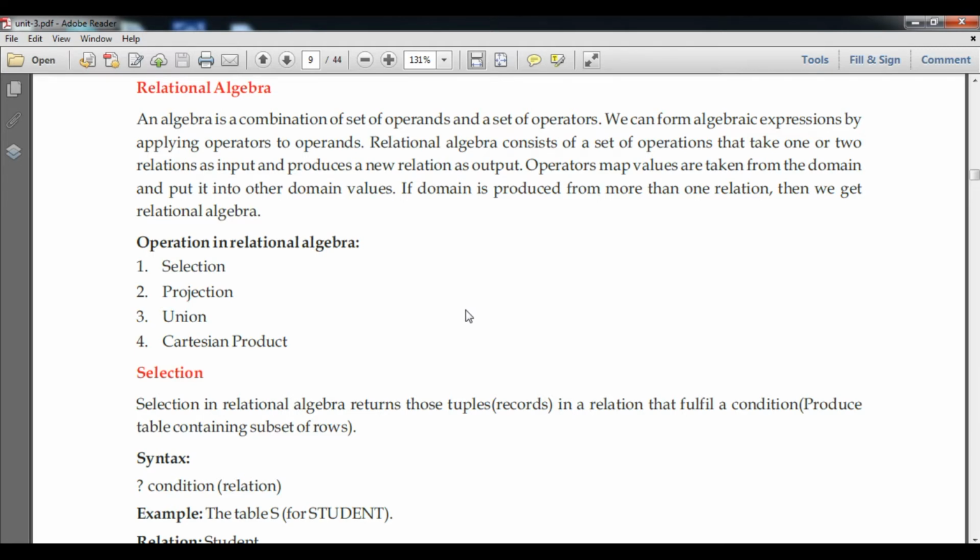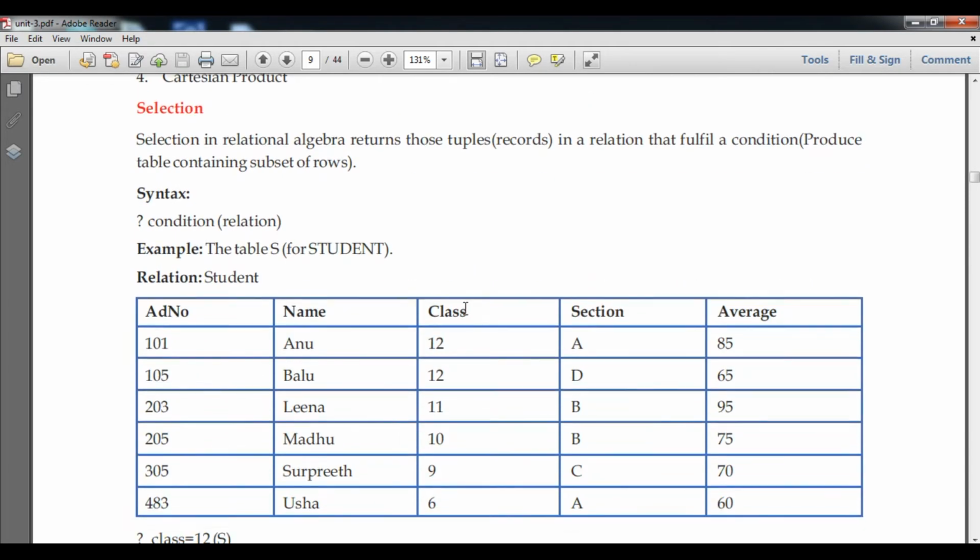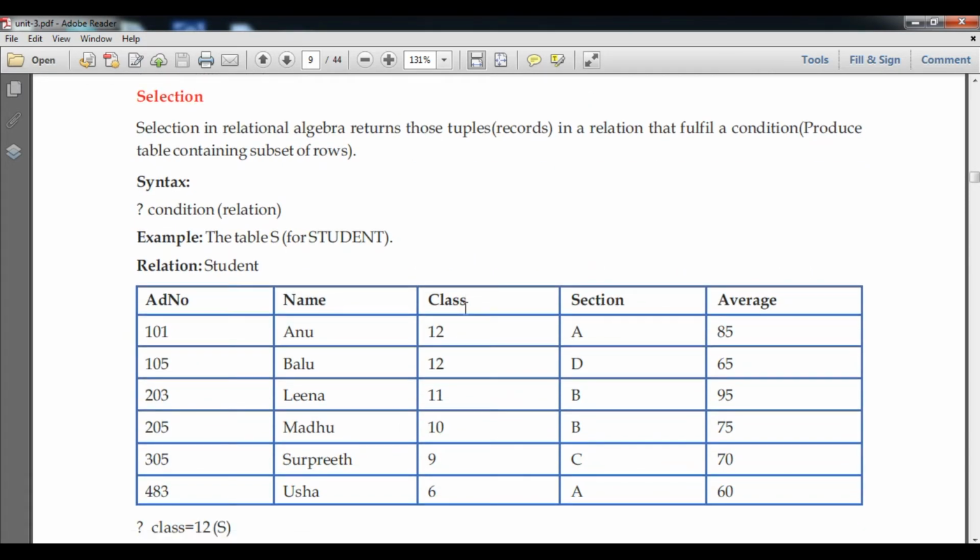First we discuss selection. Selection in relational algebra returns the tuples, meaning records in a relation, that fulfill the condition, producing a subset of rows. Let us understand how to apply it.